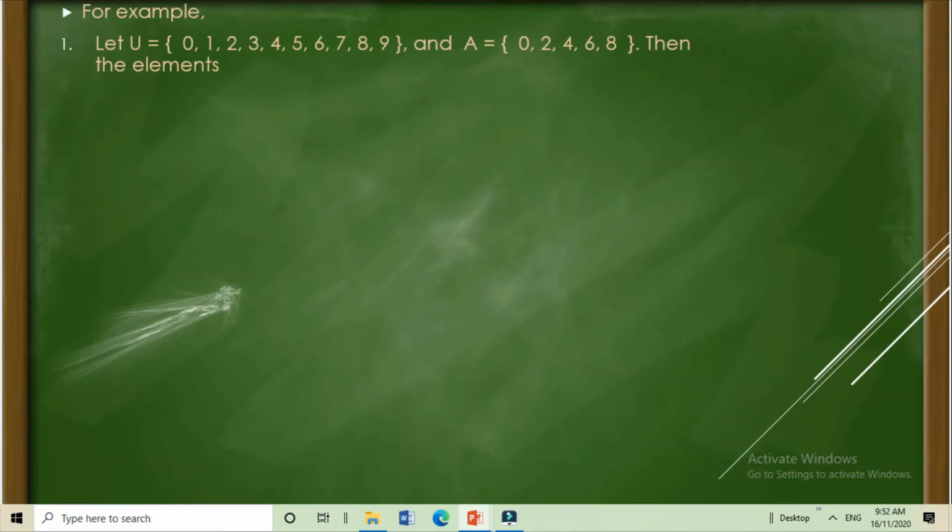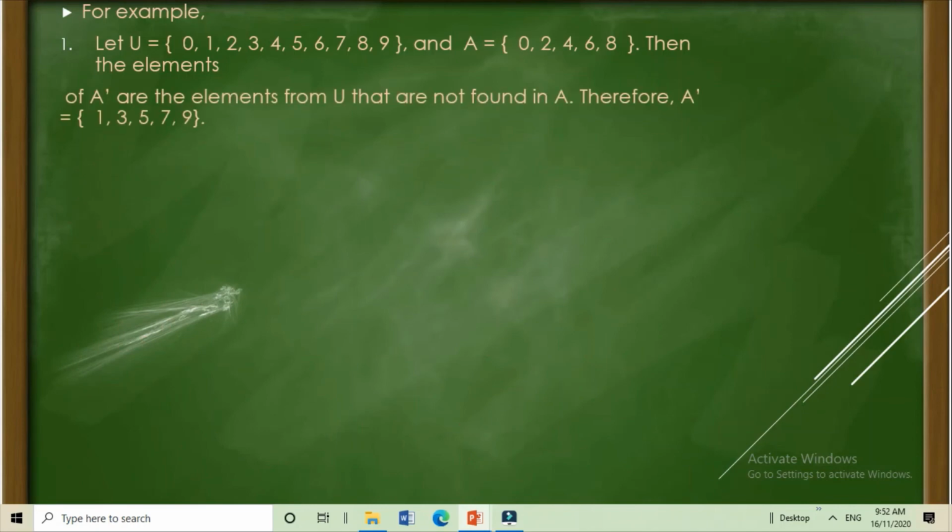Example number 1. Let U, or the universal set, is equal to the element 0, 1, 2, 3, 4, 5, 6, 7, 8, 9, and set A is equal to the element 0, 2, 4, 6, 8. Then the elements of complement A are the elements from U that are not found in A. So ano yung mga element na nandun siya sa universal set U and wala siya sa set A?